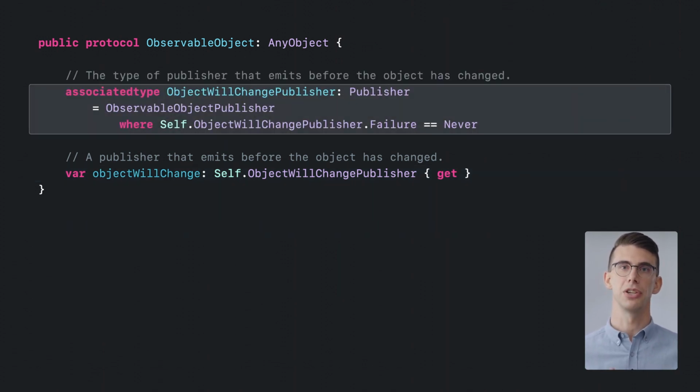By default, you get a publisher that works great out of the box, but if you need to, you can provide a custom publisher. For example, you can use a publisher for a timer, or use a KVO publisher that observes your existing model. Now that we've seen the protocol, let's take a look at the mental model for understanding